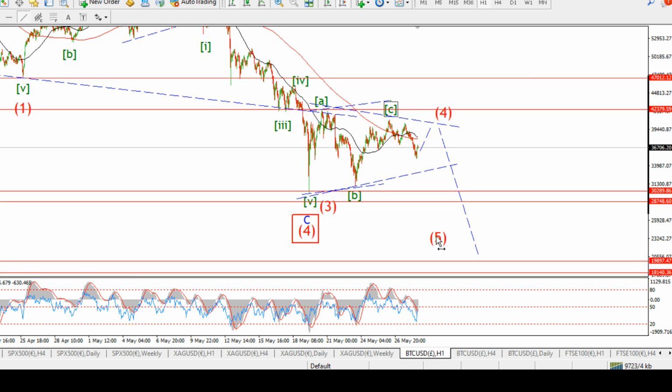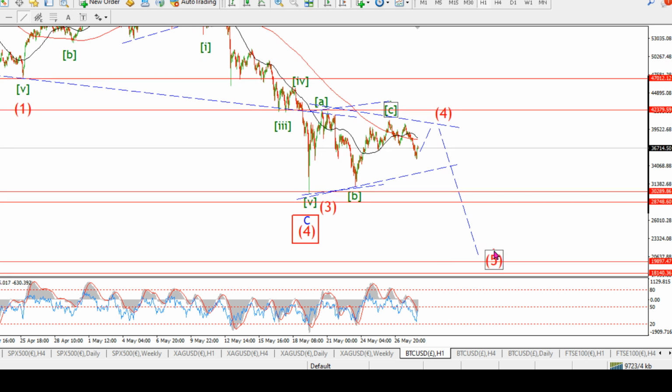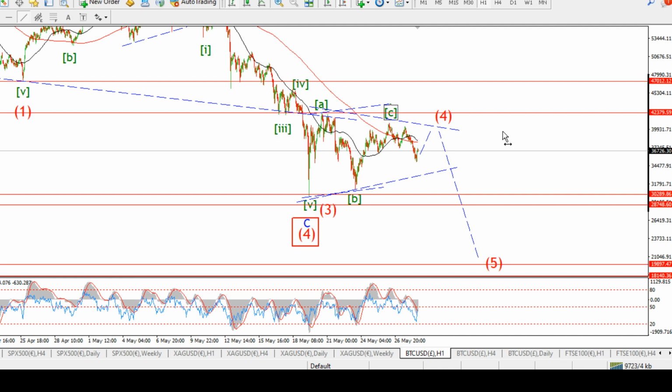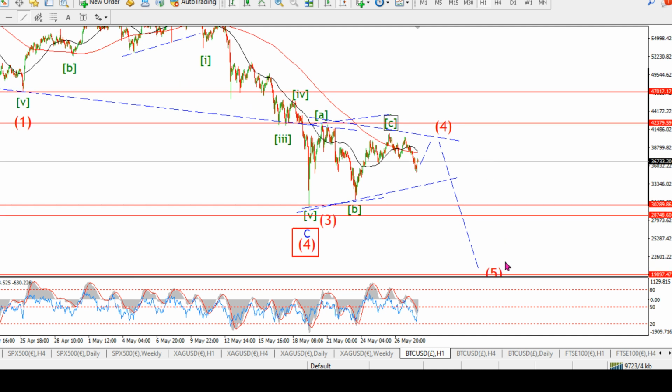And that fifth wave depends on how far down we go. I mean, we could break 20,000 in wave 5, and that'll be wave 5, either of A or 1. So we'll see on that one. But for the moment,